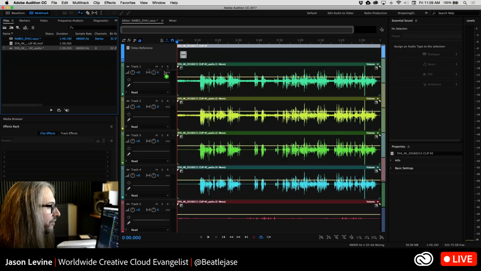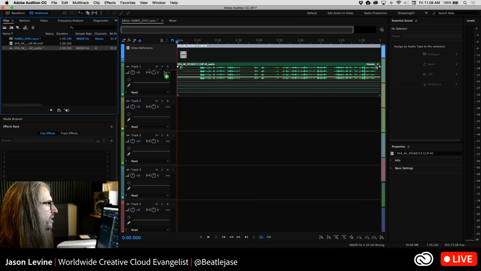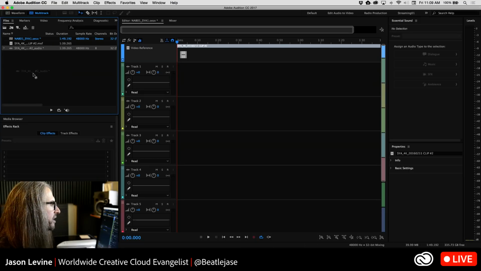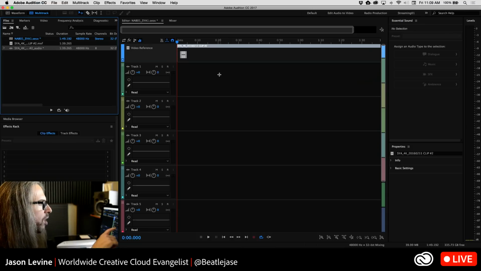So for that, I can hold down the Alt or Option key. Now, this has been the case for quite some time, even if you're selecting multiple audio clips and you want to place them across multiple tracks, that's how you do it. Alt or Option actually does that even in the previous version. But now it'll separate out the channels in an interleaved wave to separate tracks in your multitrack editor. But wait, it does even more,